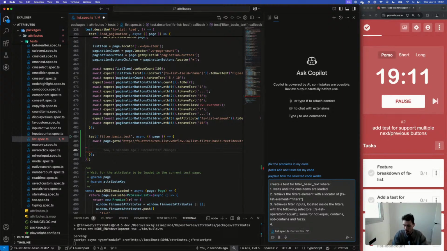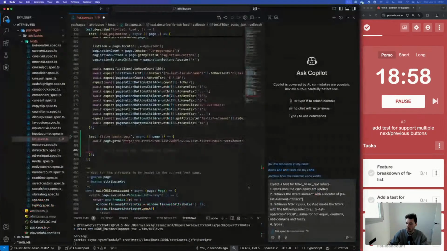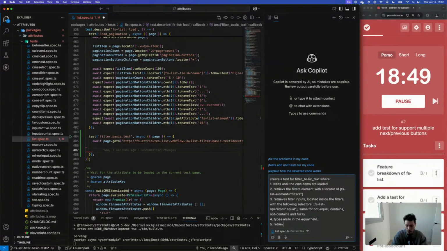Then write types. What can we do? Equal, alalo, in the equal field. Retrieves the list items by querying by item.